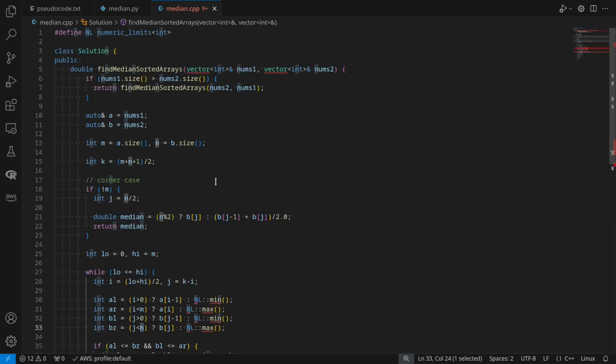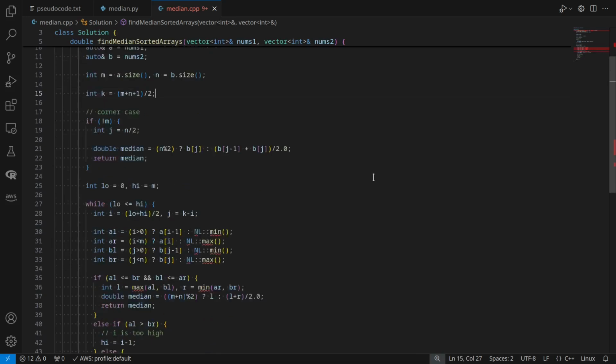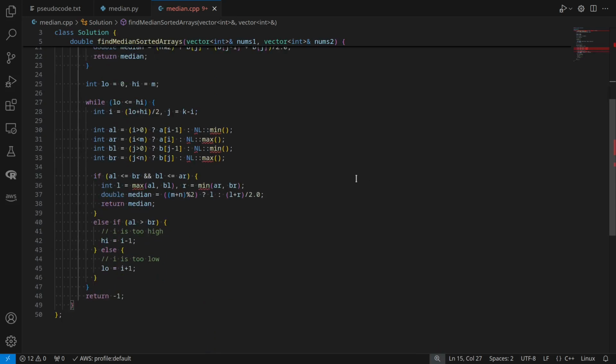And then what else? Yeah, after A and B are assigned, set temp to be the sizes of A and B. So I initially put nums1 and nums2. It's not going to make a difference. It just makes it easier to read. Because here we know A is guaranteed to be not bigger than B. So M is going to be less than or equal to N. So yeah,